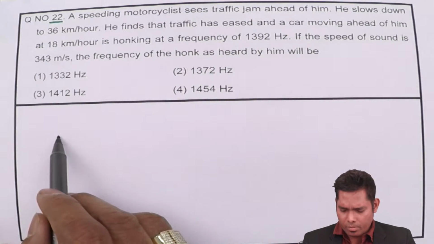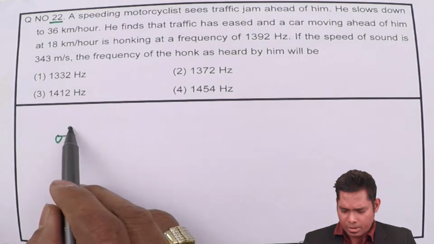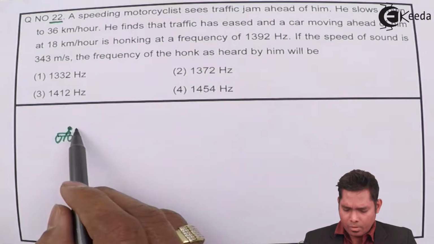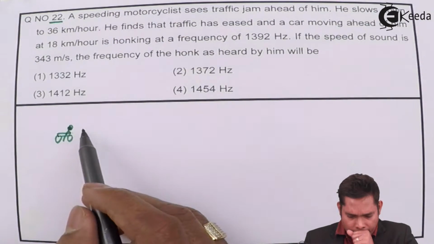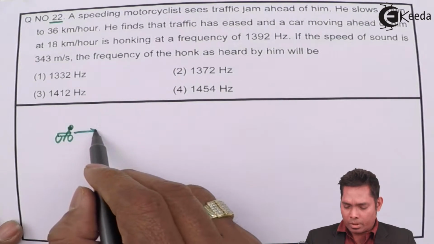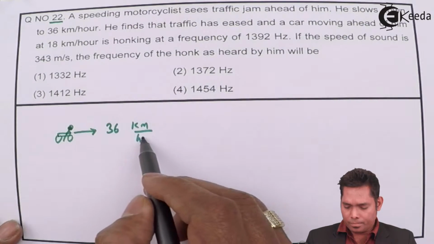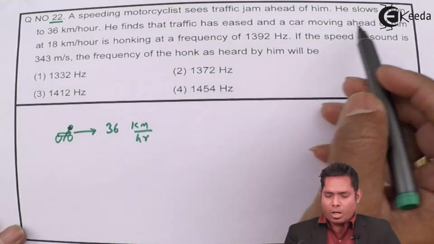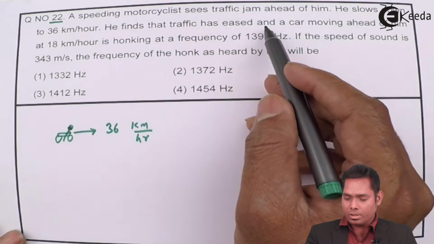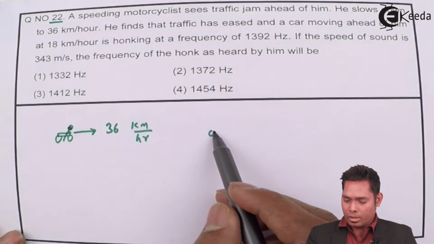So there is a person on a motorbike, moving with a velocity of 36 km per hour. He slows down to this, and he finds that traffic has eased and a car is moving ahead of him. So there is a car here